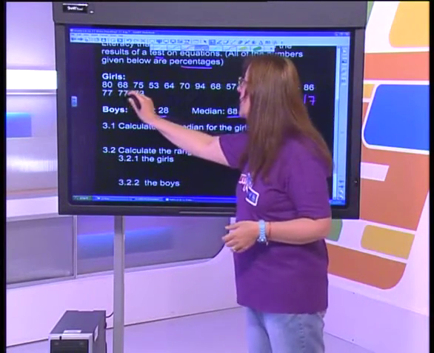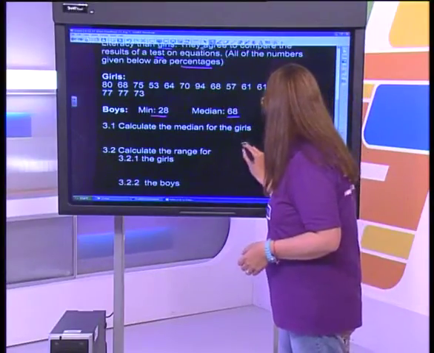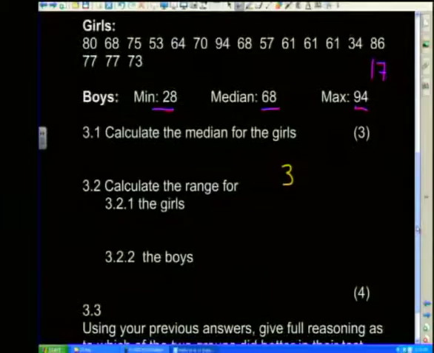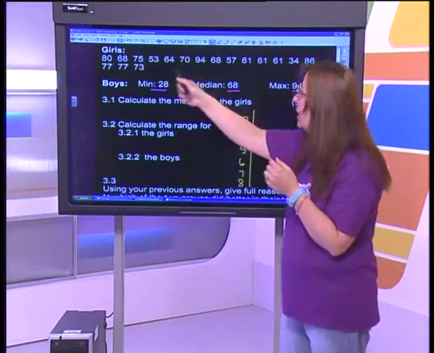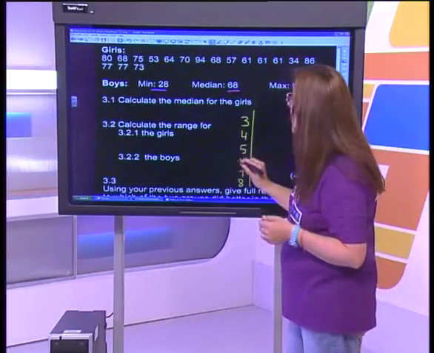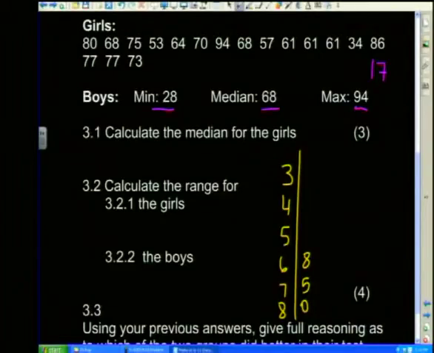So I look at my values and I see that my lowest value is 34. Okay, so I'm going to start with 3s. I'm going to do it on the side here. Okay, and I've got 4, 5, 6, 7, 8. I think 8 is our highest. Right, and then I go through these numbers in order, because I know you guys tend to look for the smallest and then look for the next one, and I like to go through them in a methodical order. So 80, I put 8 there, we've got 68, I've got 75, 53, 64, 70,